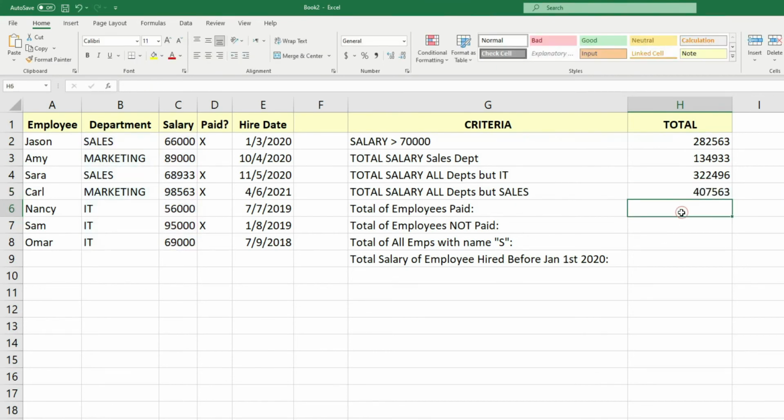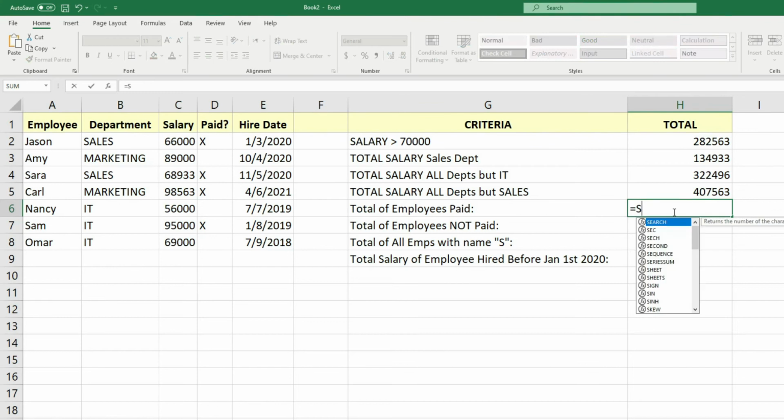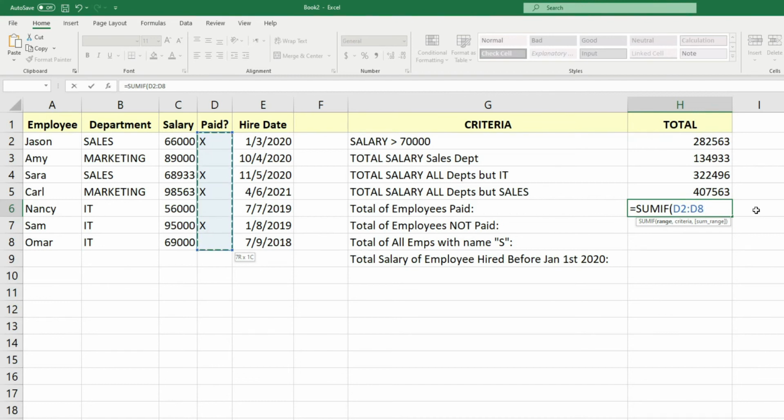Okay, now let's see if I want to get the total of all the employees who were paid. So as you can see over here, I have put X's for the paid and I've left it blank for the people who are not paid. So again, I can use SumIf. I would like to look for D2 through D8. This is the range in which I would like to search. I would like to search for all those people who are